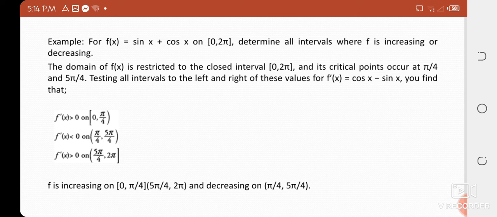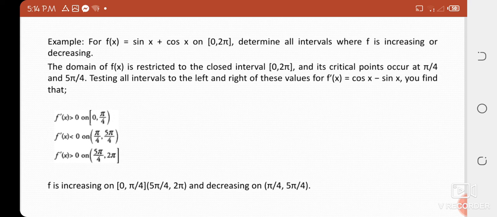The domain of f of x is restricted to the closed interval [0, 2 pi], and its critical points occur at pi over 4 and 5 pi over 4. Testing all intervals to the left and right of these values for f prime of x equals cos x minus sine x,